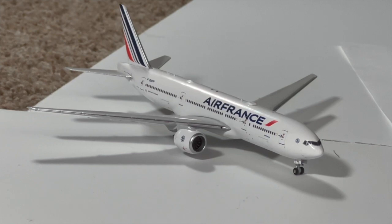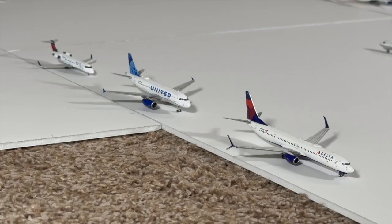So really interesting diversion right there, and really interesting to see this Air France 777. So very cool. And before we round out today's airport update, we do have some aircraft that are holding short, so let's take a look at that. Here we have a situation on this side of the taxiway where 3 aircraft are holding for takeoff clearance. Now, you guys already know what's happening right here,